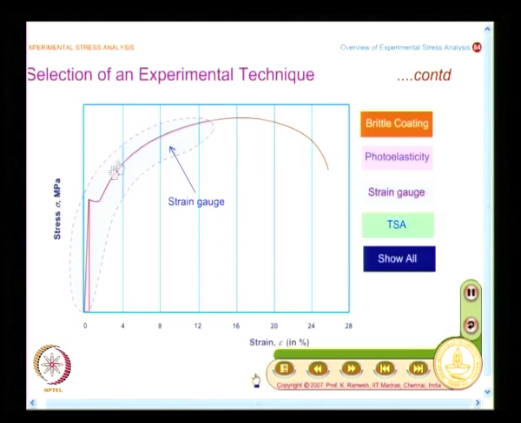So, you can also understand why we say strain gauge is a versatile technique. So, it has a longer range. I can go from elastic to plastic comfortably,